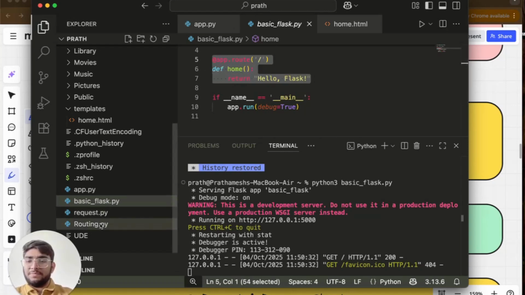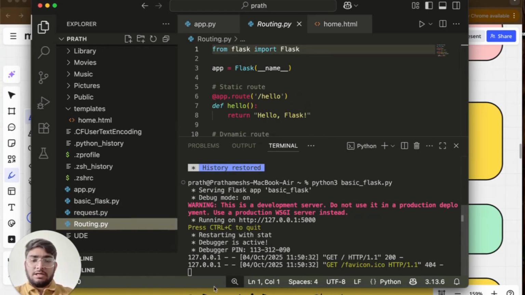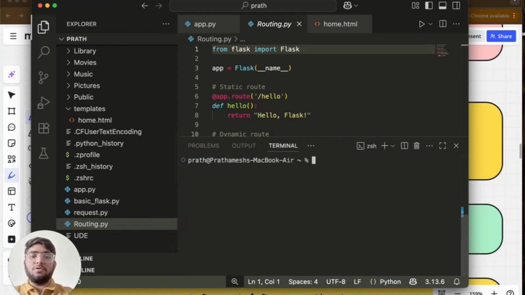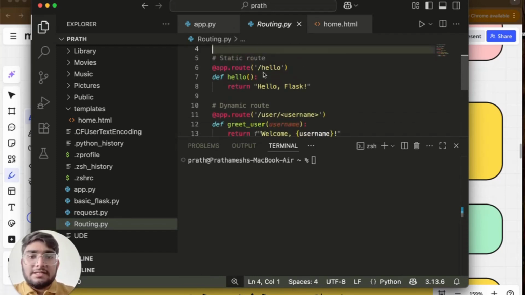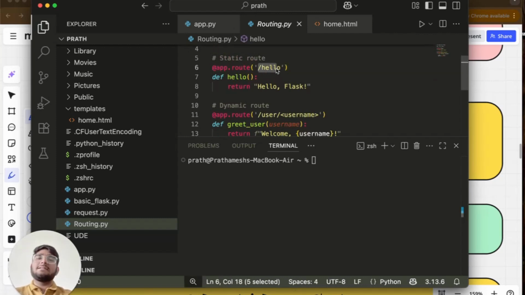Now let us see the one code that specifies routing much more. I'll do one more thing, that I'll clear this terminal so that the commands are more visible to you if you are viewing it on mobile as well. Now you could see this has to be our one concrete step, that no matter what, we have to write this code that imports Flask and then initiates it. Now you could say this is hello. If my path is 127.0.0.1:5000, that 5000 would be the port number. And if I specify slash hello, then at that path, this function would run and it would give me hello Flask as a return on the